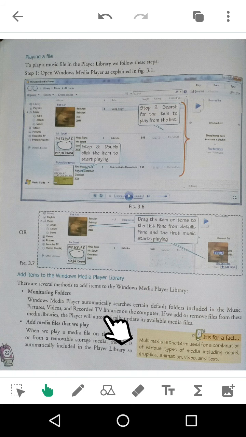Windows Media Player automatically searches certain default folders including music, picture, video and recorded TV libraries on your computer. So Windows Media Player is intelligent. Let me tell you, in your hard drive there are 200 songs, and suppose 50 videos. So whenever a new song gets added in your computer hard drive, Windows Media Player quickly identifies it,